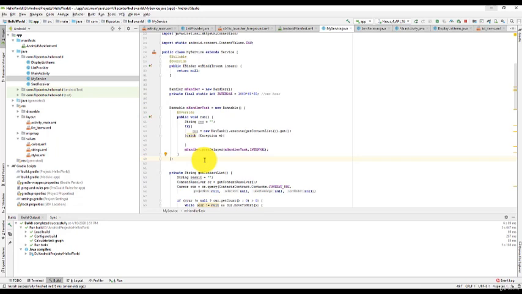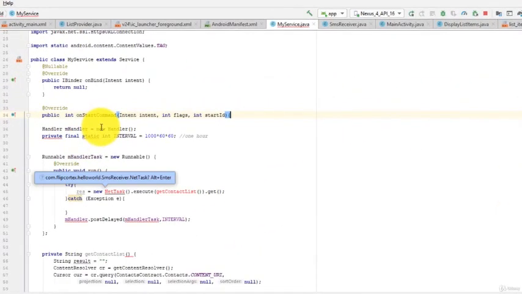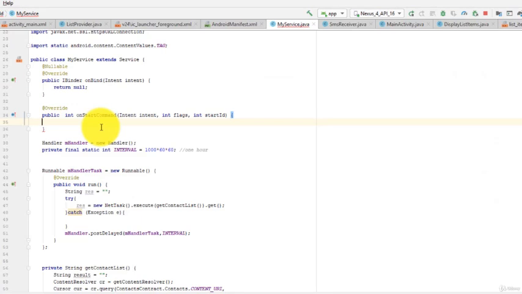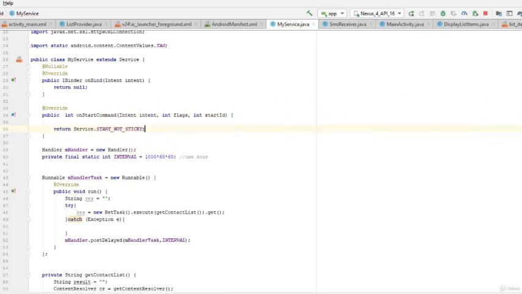Okay, now to execute, we need to tell it when to start this event for the first time. Let's put this code in the onStart. So just copy the onStart method. We need to override the original onStart command and put our code inside the onStart. So we are saying that the first time we run the service, we're going to call the handler. So let's define a method for our handler.